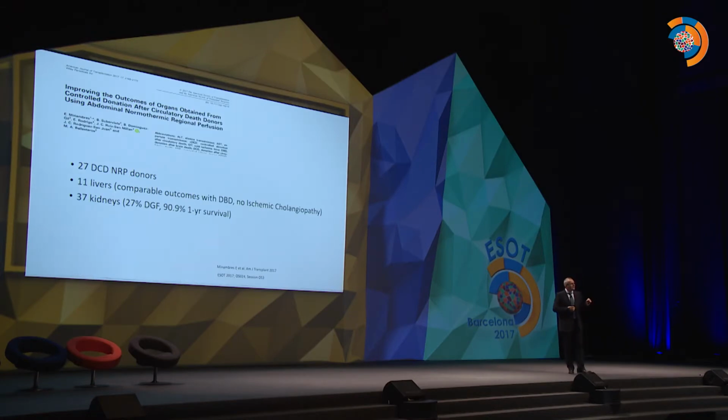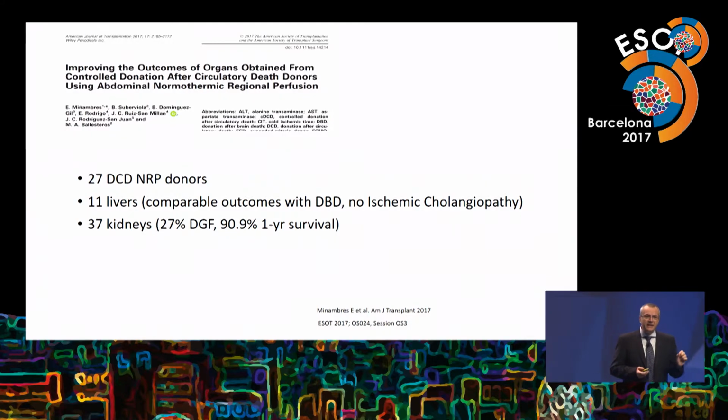The key question is, how much can the organs from a DCD donor improve with NRP? This study from Spain, from the Santander group, hints at the potential of recovery towards the DBD level. They've seen this in a small series, but in both kidney and liver. So of all the interventions that I presented to you so far, this appears to have a significant effect across